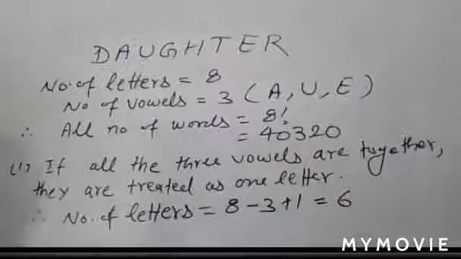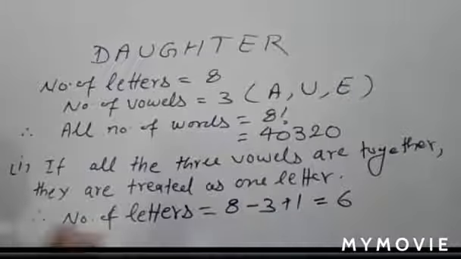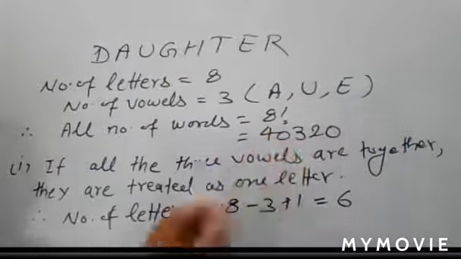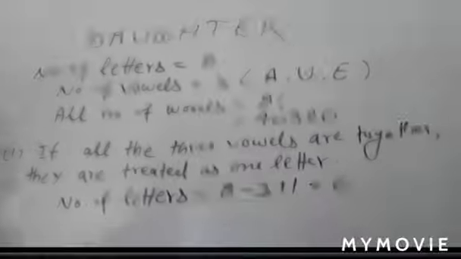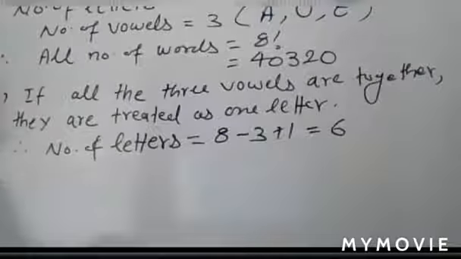So all these 3 vowels can arrange themselves. When they arrange, first you write A, U, E, then another word, in other words it may be A, E, U. Means there are so many combinations, and different words are formed. Understand? So the 3 distinct vowels can be arranged among themselves in factorial 3 ways. So you have to explain all those possibilities.